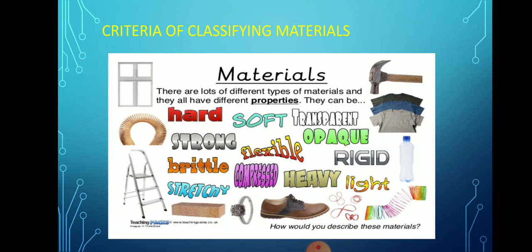So we will come across different properties like color, shape and size, material, texture, magnetic property, and solubility. All these properties we are going to discuss in this particular chapter. The first property which we are going to talk about is material. Now material is a property. Why is it a very important property?